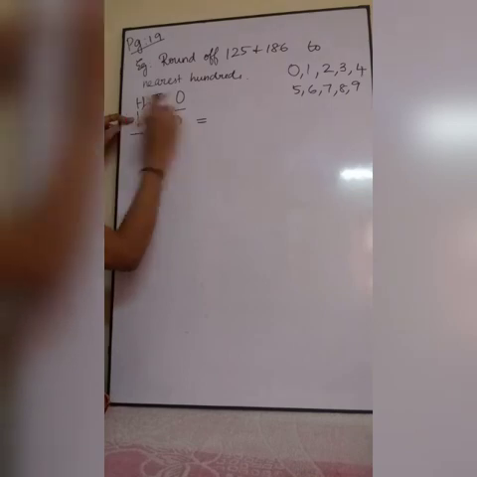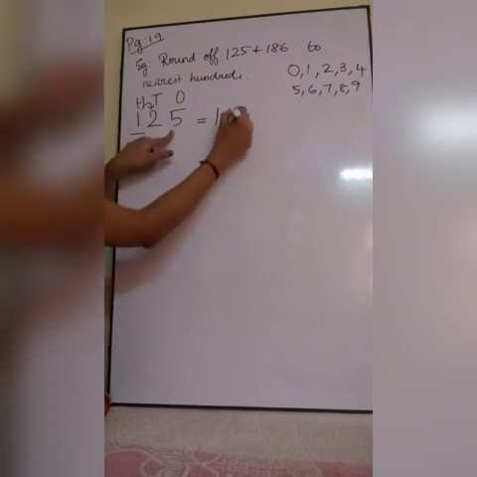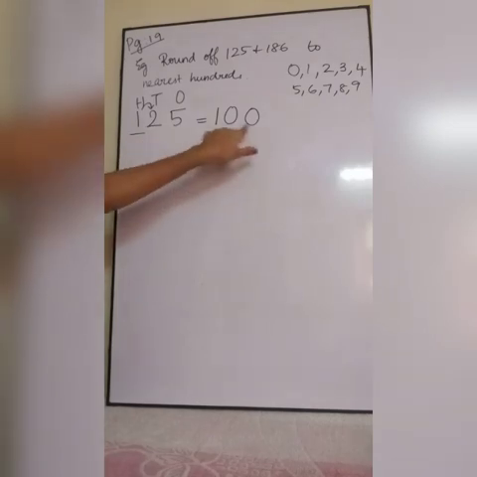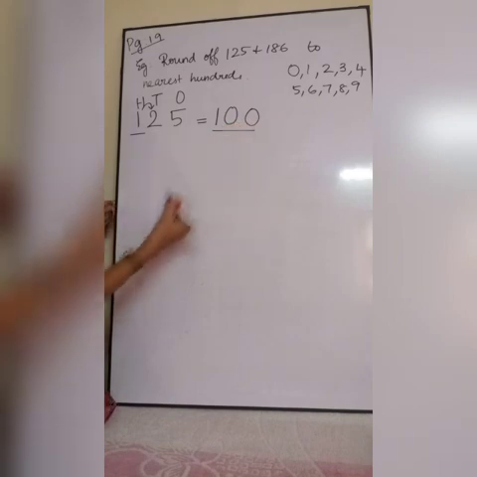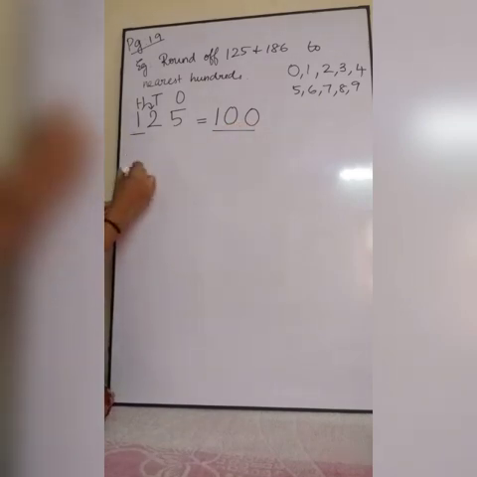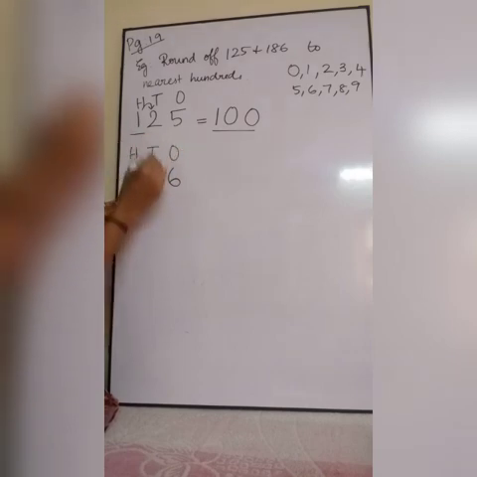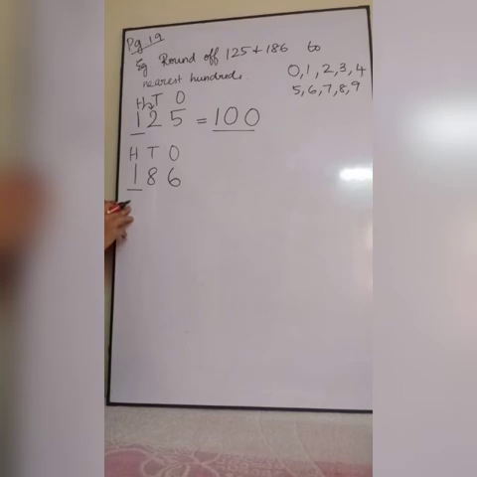2 means no change in this number. So I am writing 1 as such. Then whatever the numbers are there, you should put 0. Here 2 numbers are there, so I am putting 2 zeros. This is my round off value to nearest hundreds. Next, 186. Ones, tens, hundreds. So which are you going to round off? 1. So which means you are going to round off the 100 place.